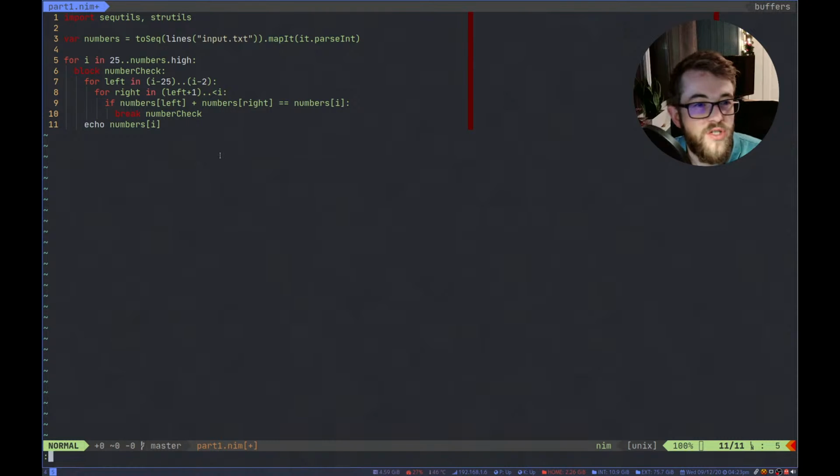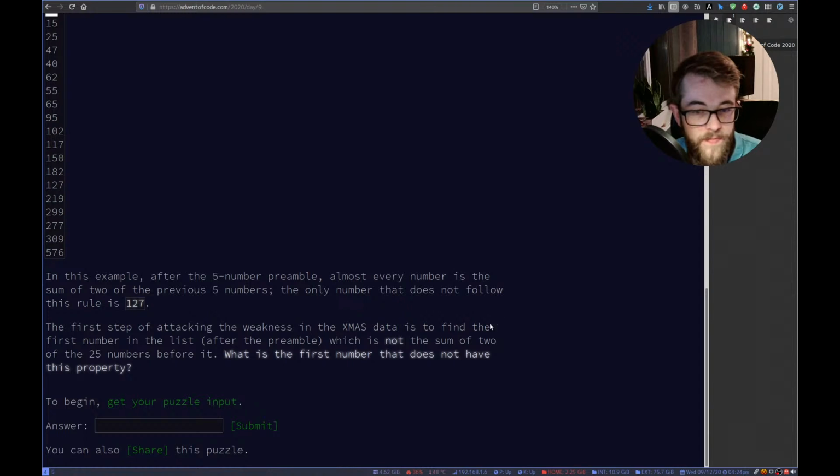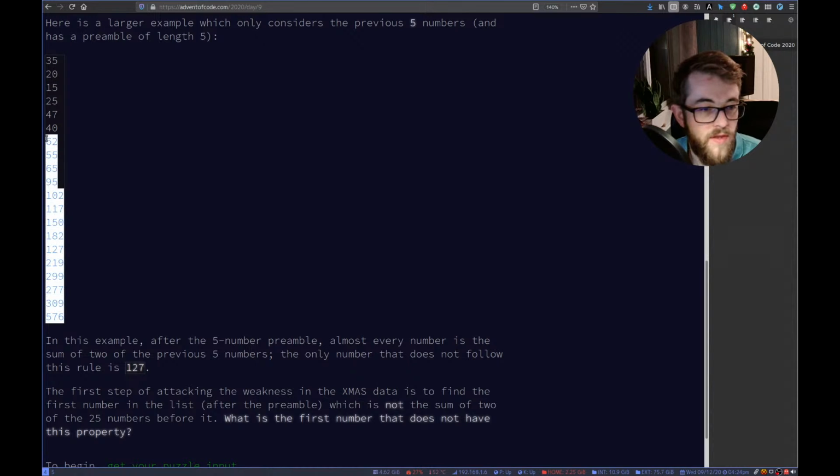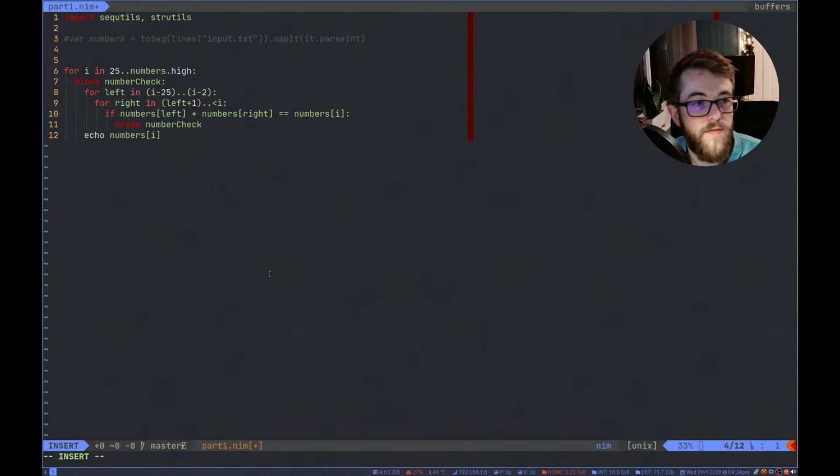Just to double check, they mentioned in here that it should only be, oh, okay, it's the first, right? But in this one, it's the only. So let's copy this as a test and let our numbers be equal to just this.